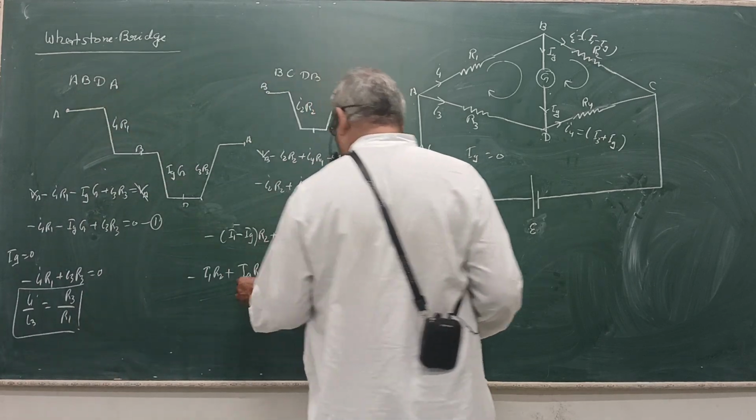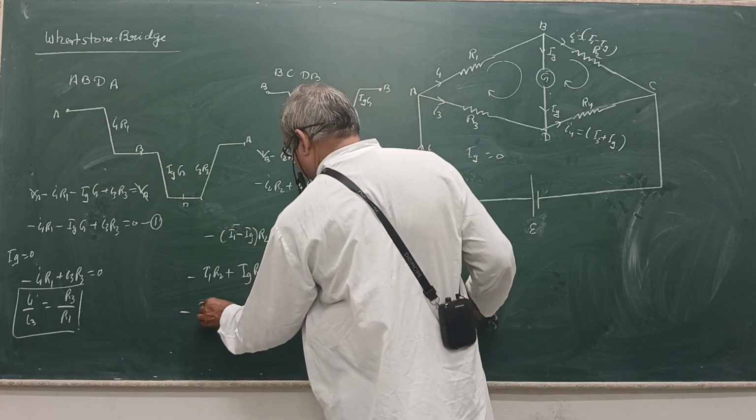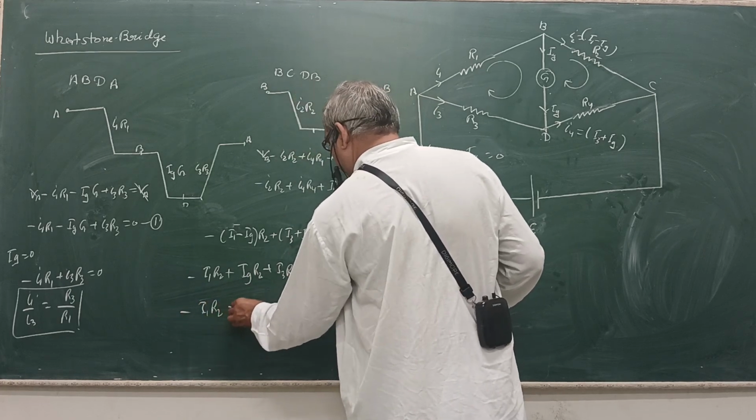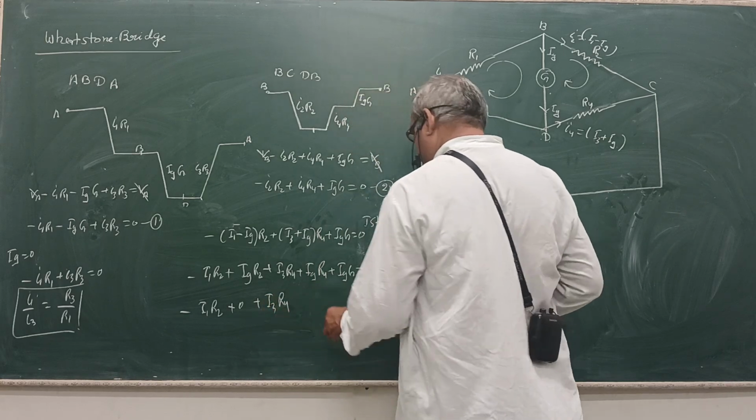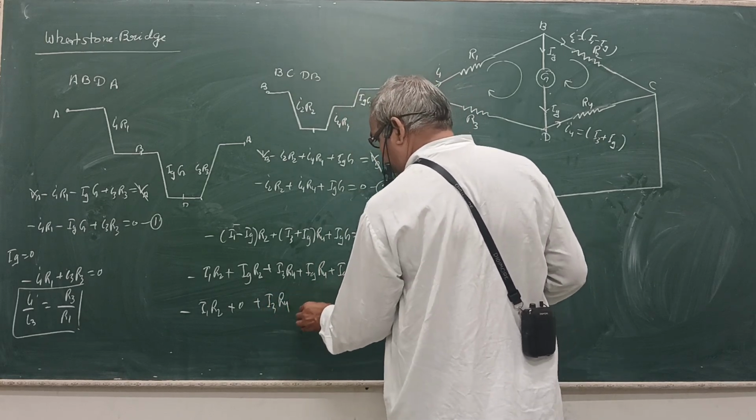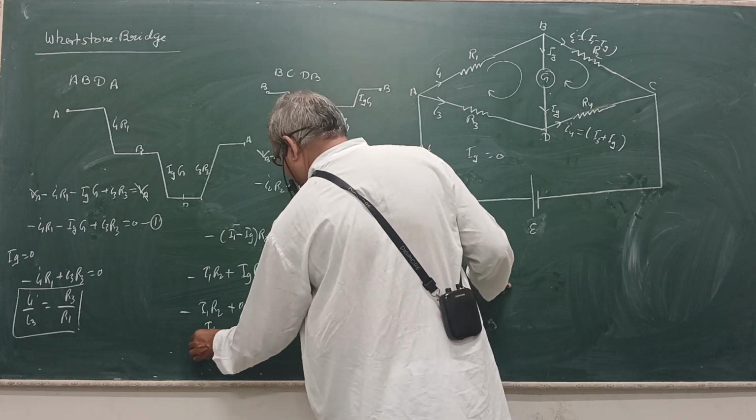And second, the value of IG is equal to 0, so I1 R2 plus 0 or I3 R4. This is the total factor is 0. So I1 upon